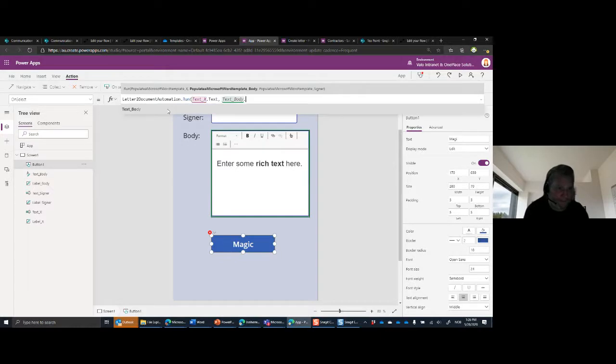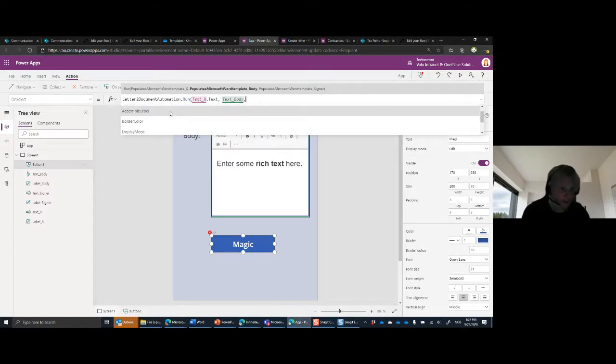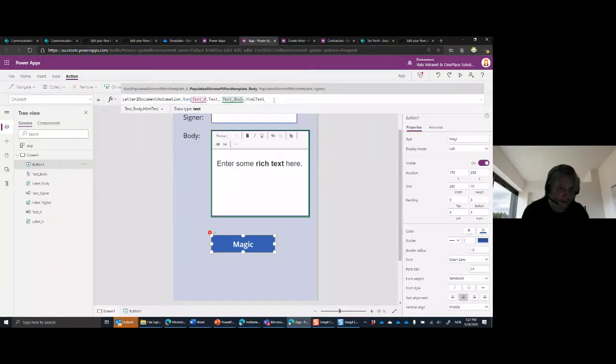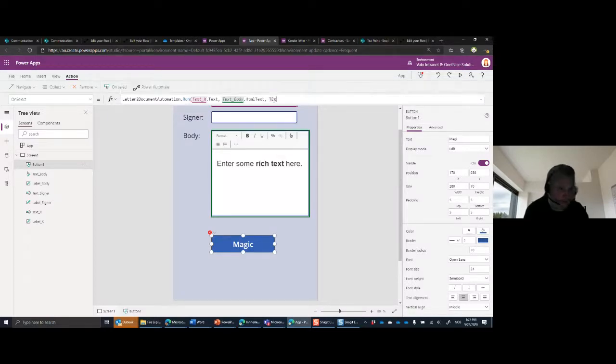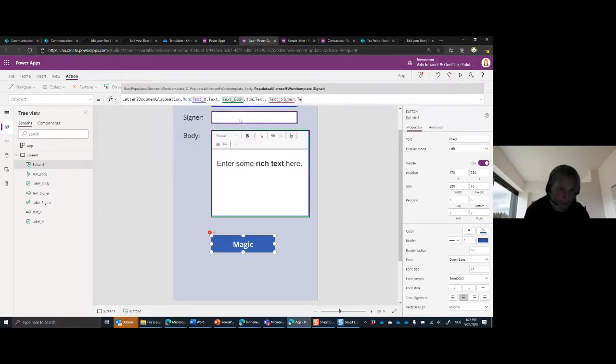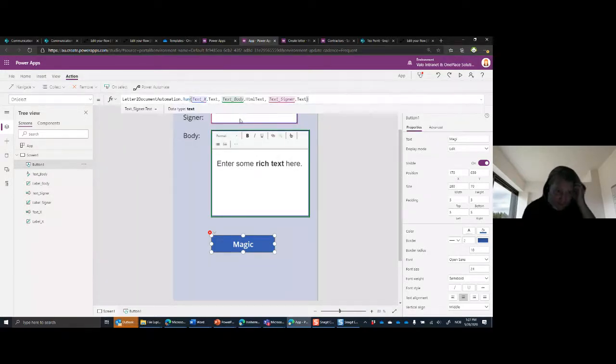And again, you see here we have the HTML text, that's the only thing we actually have here. So we just need to take the HTML text. We will convert that one later. And then the last one is, of course, text signer. And again, we'll put in the text. And that's it. So now we have connected the Power Automate flow that we had with the Power Apps,